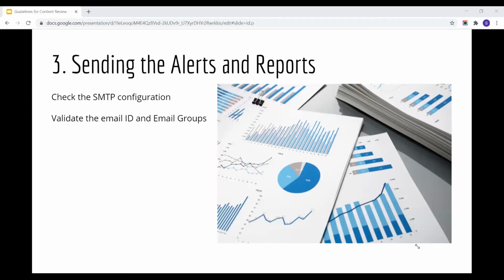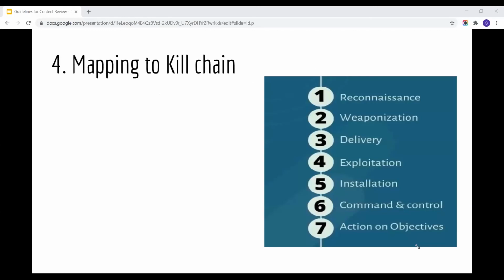Number three is making sure that the mechanism to send the alerts and reports from NIF is operational. So please check your SMTP configuration, and also don't forget, while you're doing that, to check that the alert groups or the email groups that are to receive these alerts and reports are active, and that there are some valid members sitting over there.